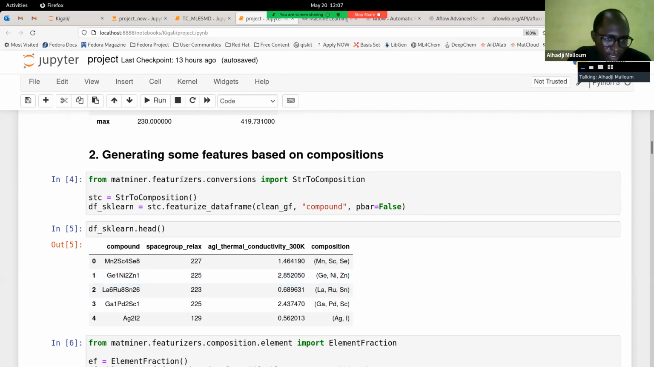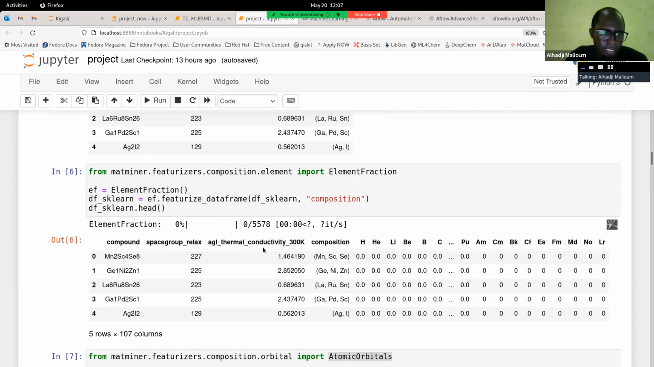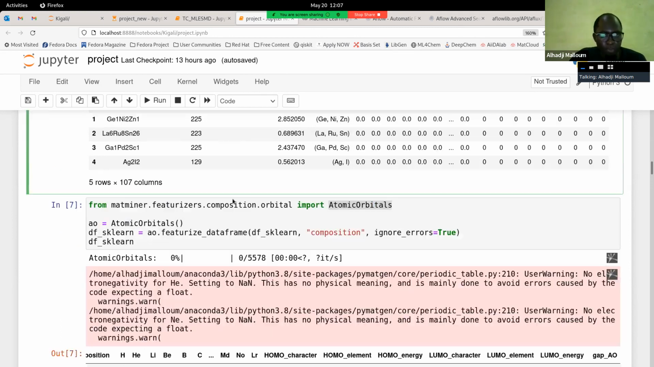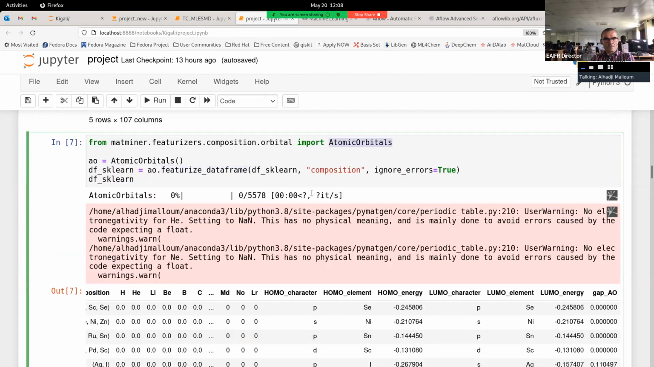I think this is exactly what was shown this morning. And then after that, we generated some features, but the features we have generated, I think they are different from what was generated this morning. So we generated the element fraction and then some other features, atomic orbitals. The generation is exactly the same way. We import the class, we instantiate the class, and then we featurize the whole data frame to add the features